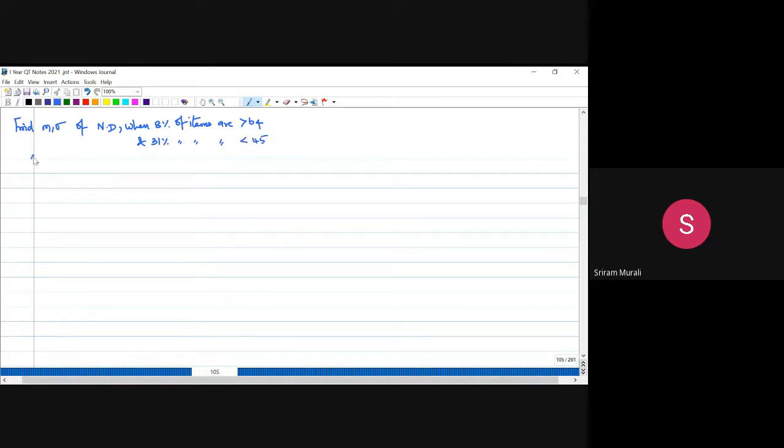Under 45, given probability of 0 less than Z is less than